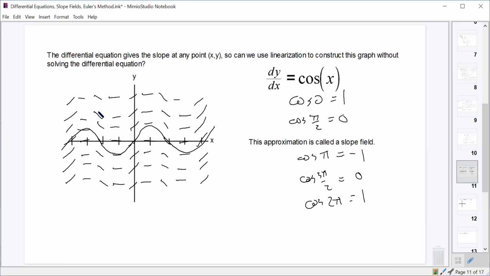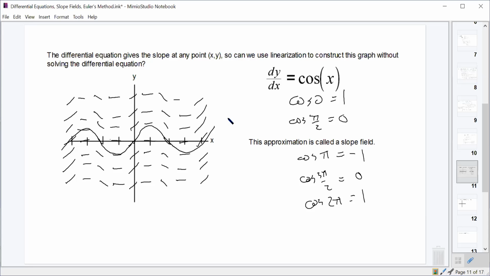Nice and easy on ones like this, where we already know what the solution is, and where we only have an x value within our derivative, so we don't have to worry about the y values. Everything in every column should be exactly the same because there's only x values. Good or no? Yes. That's kind of a little trick that we can use to look at what the solution looks like without even